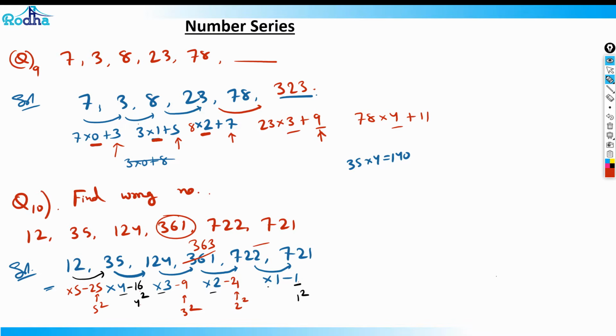When numbers initially are difficult because they are smaller, try to move to the last part. We did a similar question in the last video also, right? Try to start from the last and then backtrack, because when numbers are bigger, the possibilities are fewer. So thank you guys. These were 10 high level questions of number series, and I hope you enjoyed them. We'll try to make more videos for number series in the coming